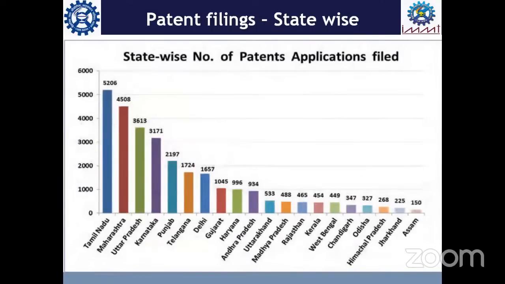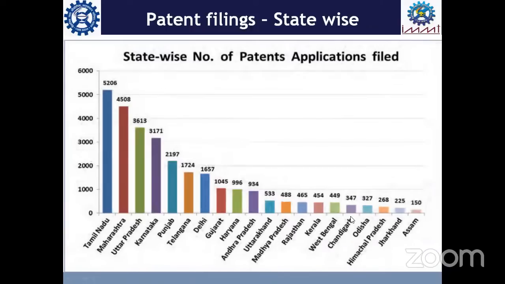And if you wish to know the number of patent filings by individual states in India, here is the list. Tamil Nadu with more than 5,000, then Maharashtra, Uttar Pradesh, Karnataka likewise. So there are few states which are contributing in some thousands. There are many states which are contributing in hundreds. And if many of you are from Odisha, or if we look into the contribution from Odisha, it is about 327 patents. Earlier, this number used to be about 140, 145, but in the last few years, the number could rise to the level of 320.